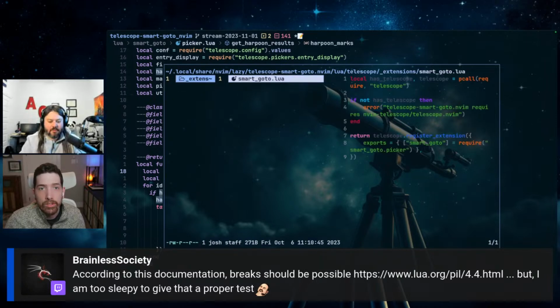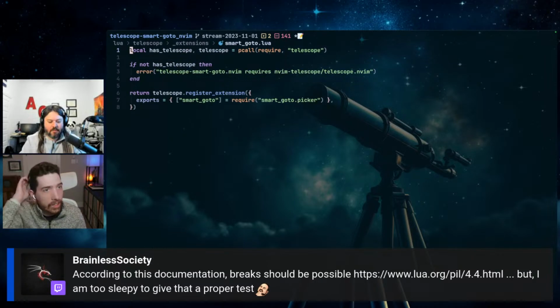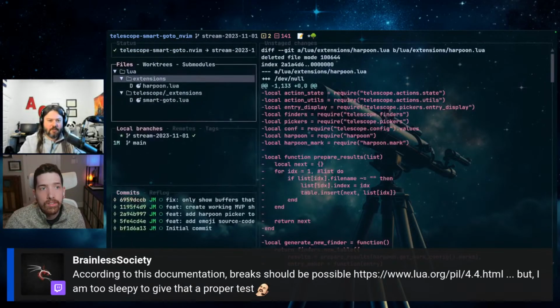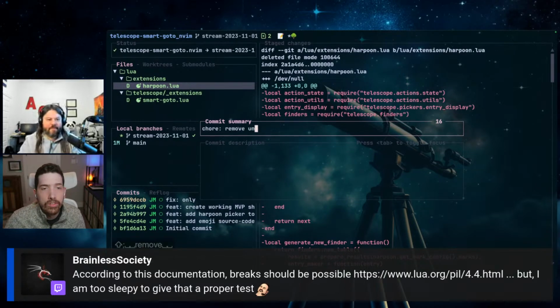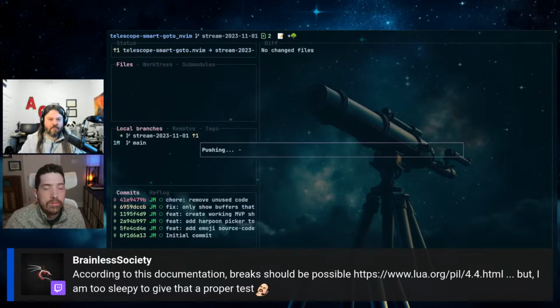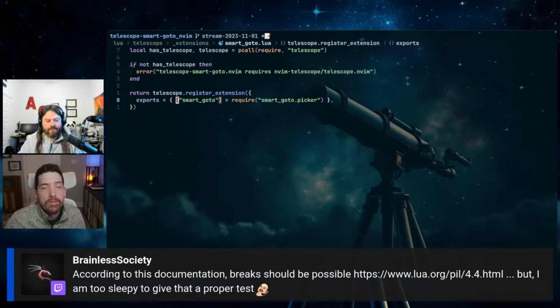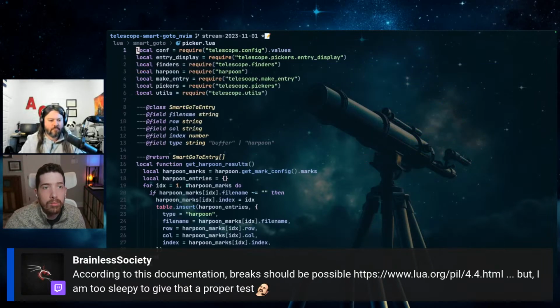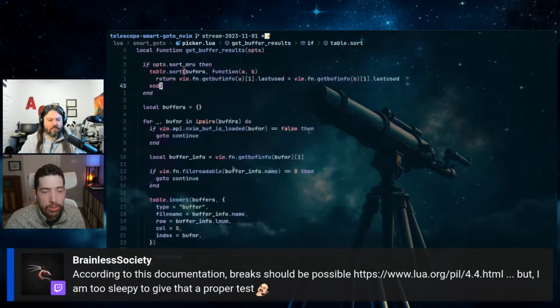So smart-goto lives here and defines the picker, and the picker is required and goes to the code, and that defines the registration. Yeah, so that's it. So we will chore: remove unused code. Love it. Okay. Now I know we were discussing maybe we split this stuff up and maybe we call it in a different way, and so we can definitely continue that work, but I think it's important that